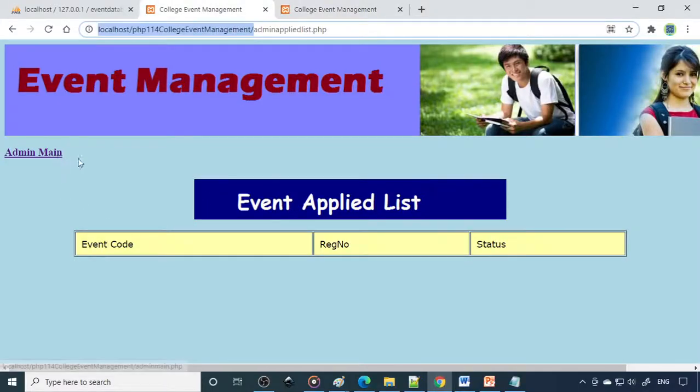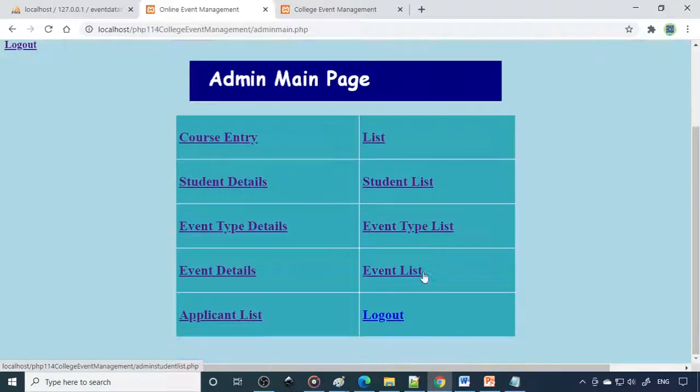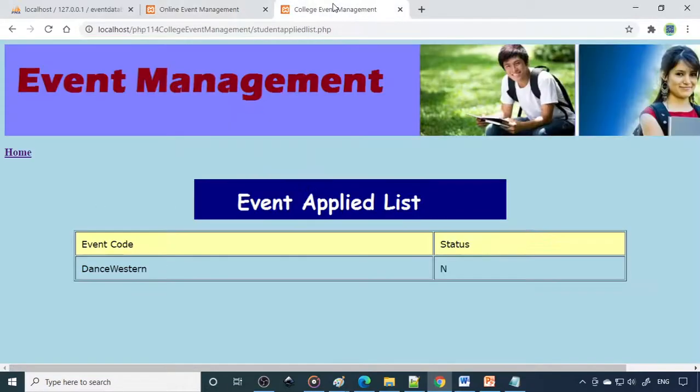Now the admin should know. If I refresh this, you can see B1001 wants to participate in this particular event. Later they can communicate with you and then you can participate and join the event. So these are the things which are provided at this moment. I think it's a very useful project. Please try all these things. You can download the code and check it out once, then close it, and then try your own.